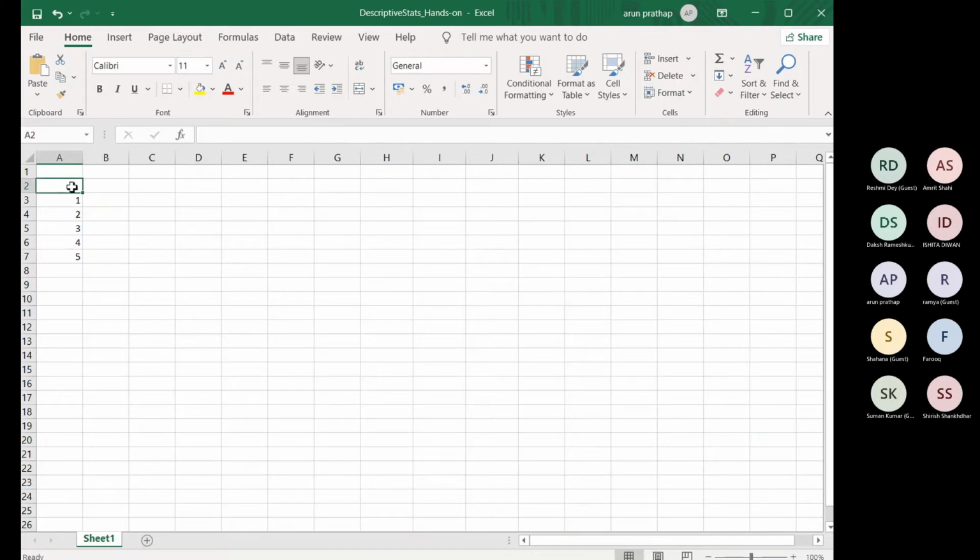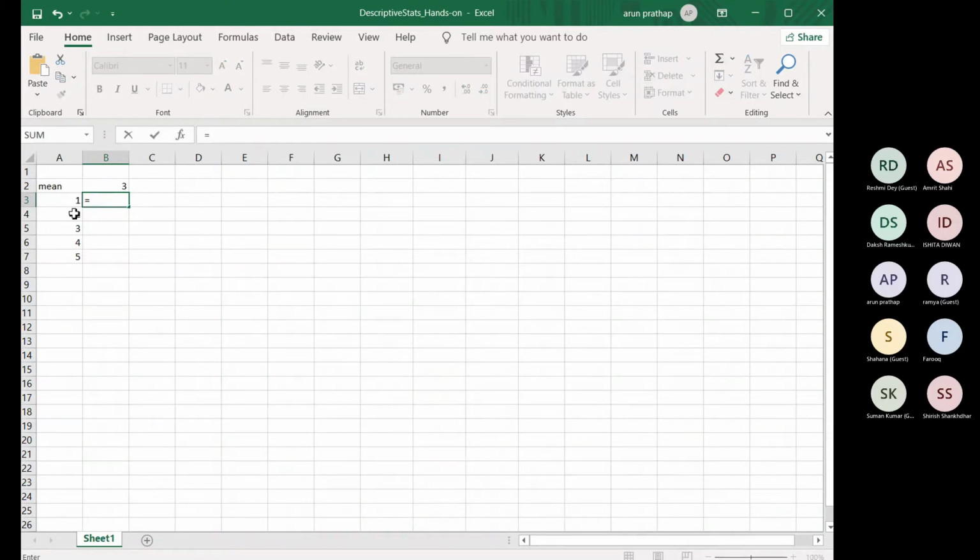So I know that my mean is 3, right? Then I will try to compute xi minus mean, as she did in that table. So basically 1 minus 3, 2 minus 3, 3 minus 3, 4 minus 3 and so on. For that I can use what are called formulas. In writing formulas, I have to put an equal to sign followed by the operation that I want to implement.